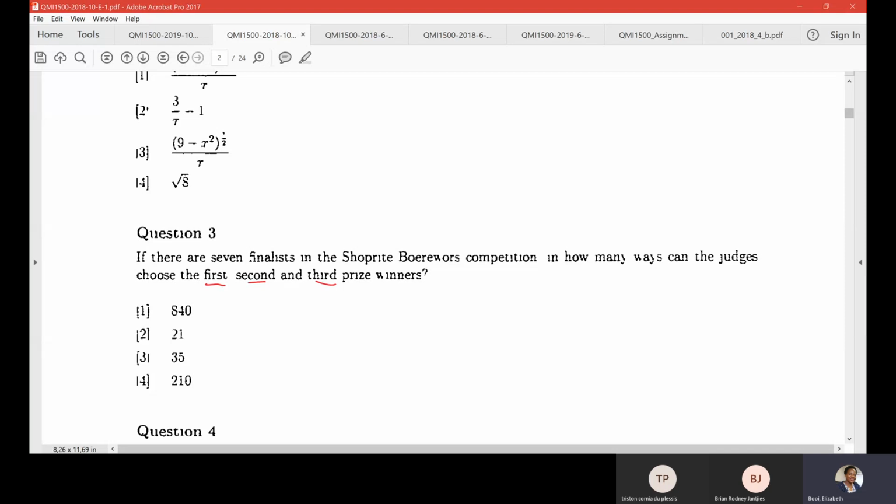Is this a combination or a permutation question? Preference is given. We know they need the first, second, and third. And this becomes a permutation question. And therefore you're going to say 7P